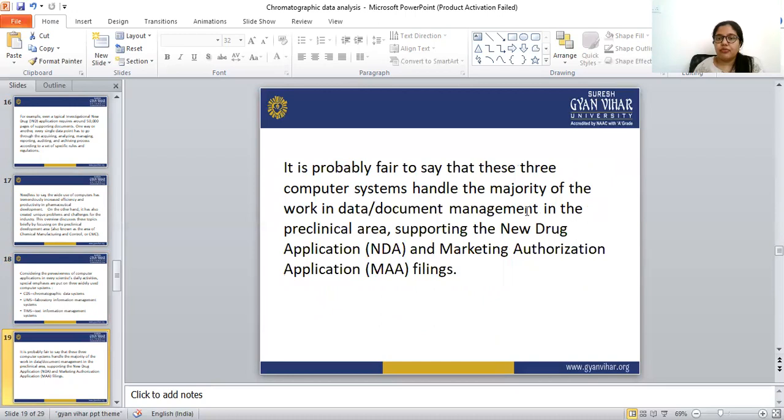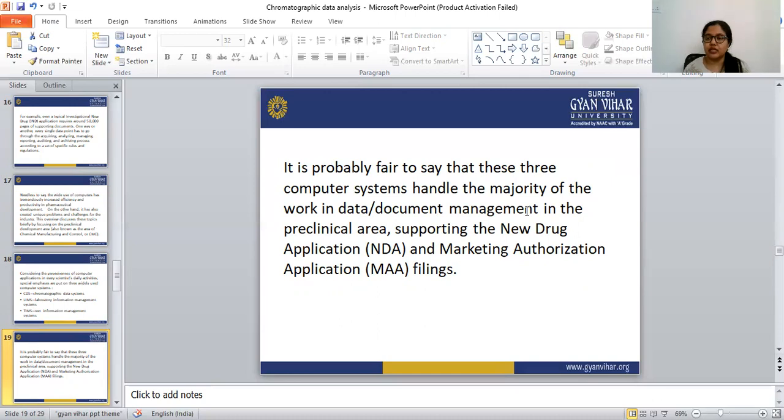It is probably fair to say that these three computer systems handle the majority of the work in data and document management in the preclinical area. The first is CDS, the chromatographic data system.